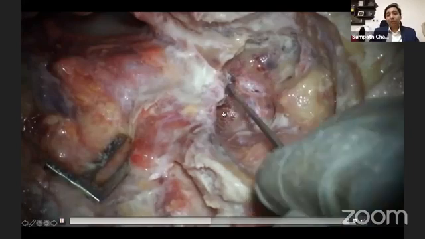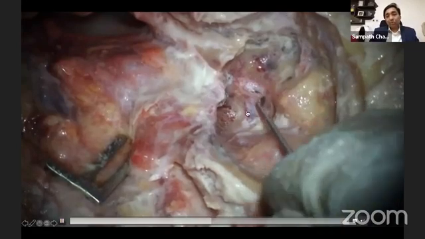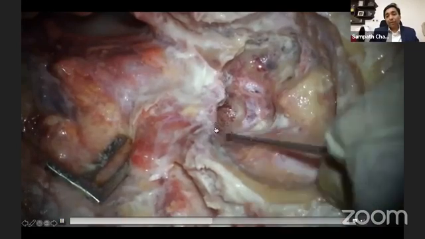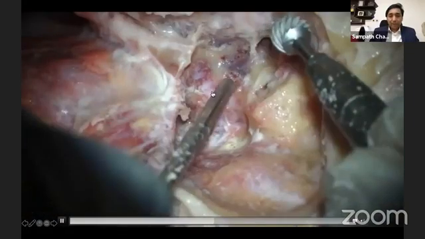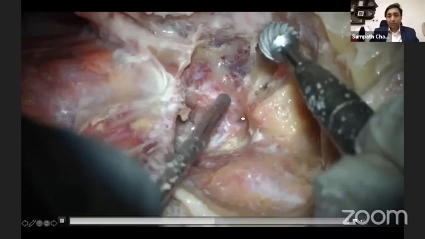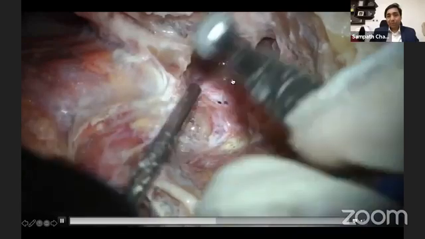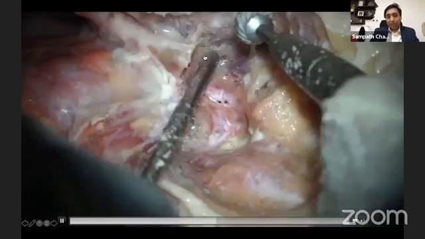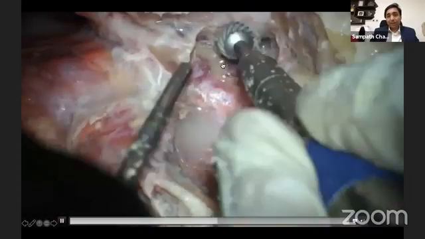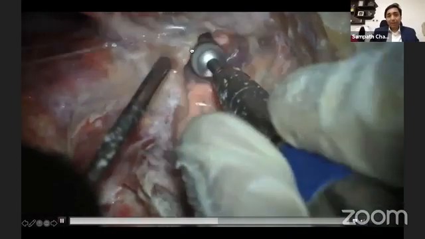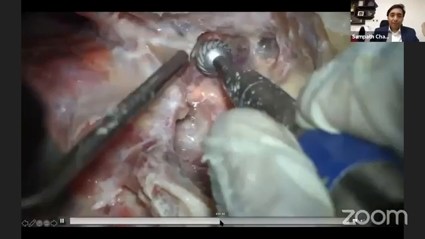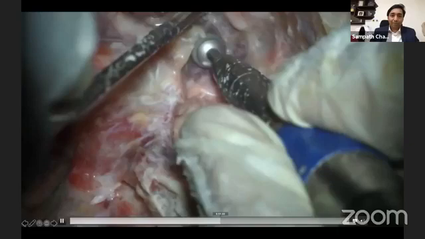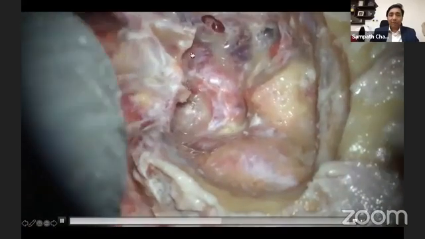Okay, so now to drill out the jugular process, you'll have to actually remove all the muscular attachments of the skull base, which includes the rectus muscles, and you need to expose. So the jugular bulb is nicely exposed. Some piece of bone here, again tympanic bone only, because the carotid canal is still tympanic bone, and that is why the styloid is still in its place. And here we are detaching the last parts of the tympanic bone from the styloid, and the styloid is completely mobilized and resected out.